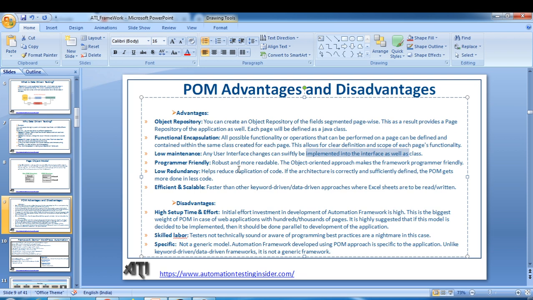And programmer friendly. So when you use page object model, our scripts will be very robust and in a more readable format, and the object oriented approach makes the framework programmer friendly. Low redundancy, so there won't be much duplication in the code. If the architecture is correctly and sufficiently defined, the POM gets more done in less code. Efficient and scalable. So faster than the other keyword driven or data driven approaches where Excel sheets are to be